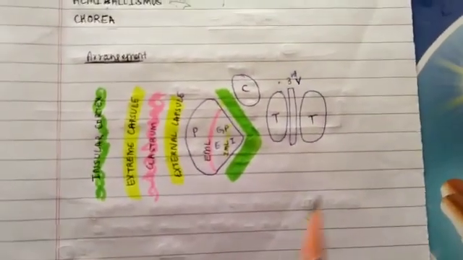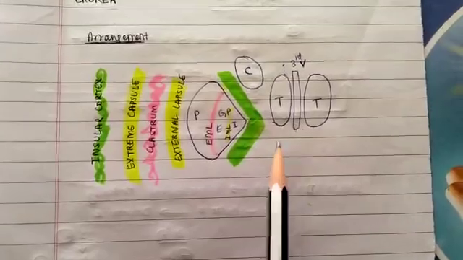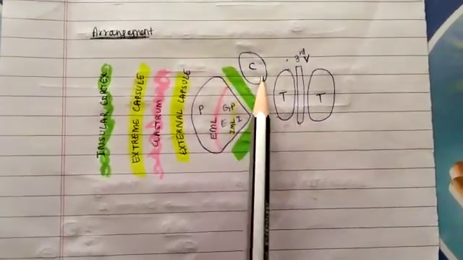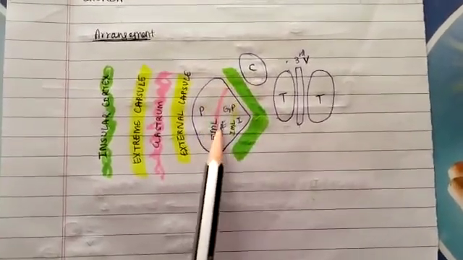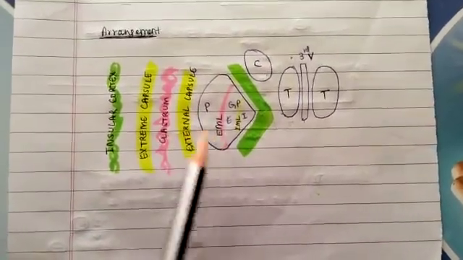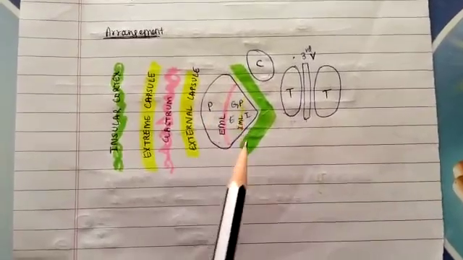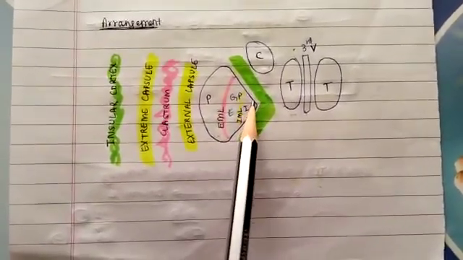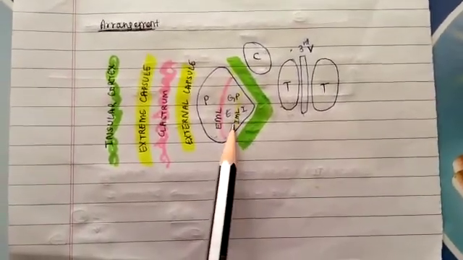So if you take a cross section, this is third ventricle. Beside third ventricle you have thalamus. Below the thalamus you will be having subthalamus. Here this is caudate nucleus. This is lentiform nucleus. Caudate nucleus and lentiform nucleus are separated by internal capsule. Lentiform nucleus contains putamen and globus pallidus. These two are separated by external medullary lamina. Globus pallidus is again divided into externus and internus by internal medullary lamina.